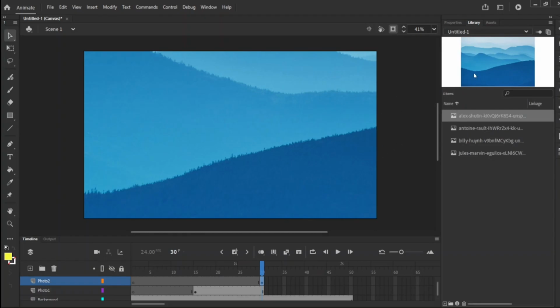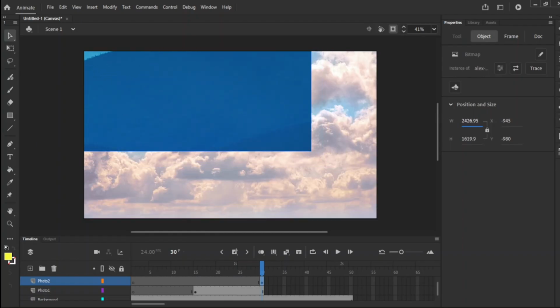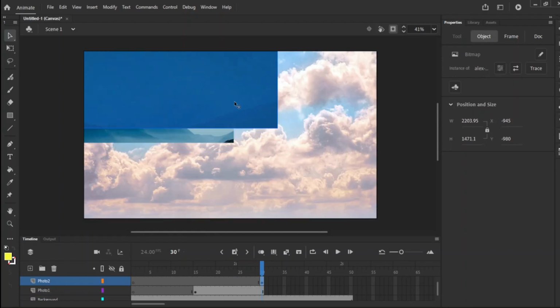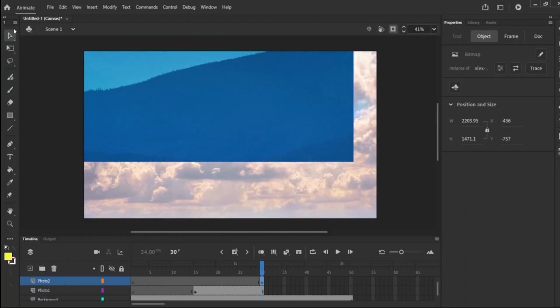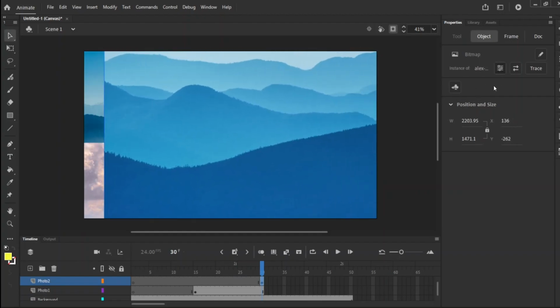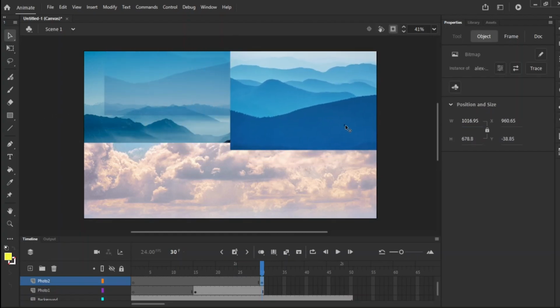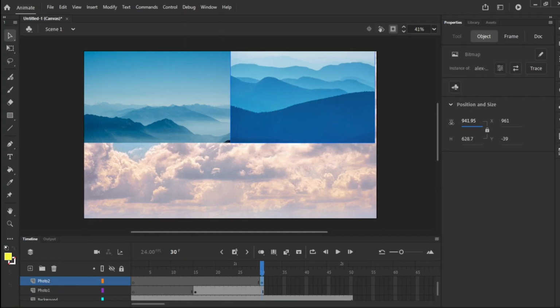And let's see here. So now we're going to go into the properties again, and we're going to scale this down and then double click, because as you can see, the selection tool is already selected, so that's going to allow me to move the pictures around. Let's make this smaller. Okay. And then lastly,